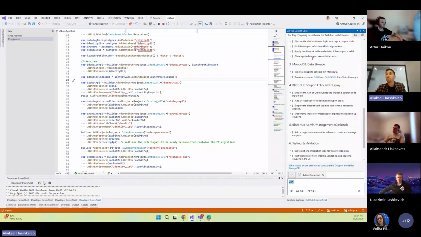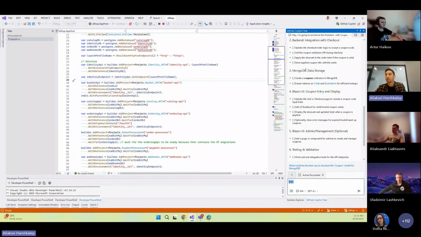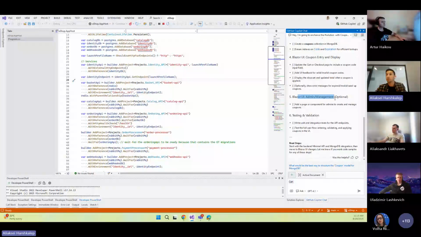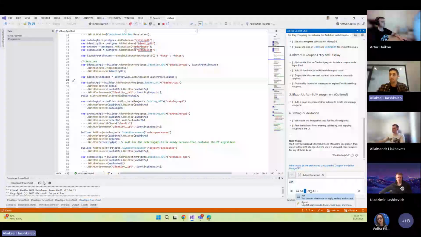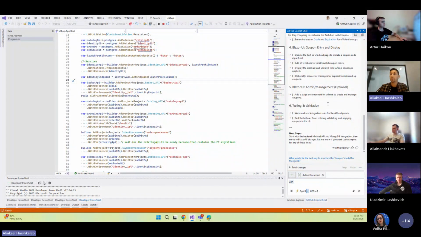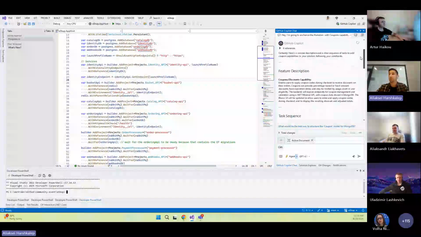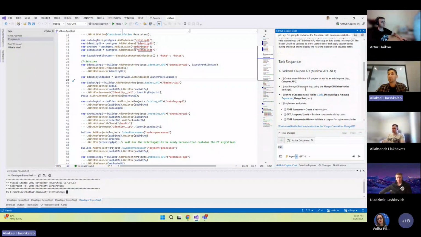Then, well, the sequence doesn't look very efficient here. And Blazor UI coupon entry and display, update cart to checkout page. Okay, admin. We do not have an admin application here. Testing and validation, so write unit and integration tests. Okay, so it's more or less okay. I think we can just start working with the solution. I'm going to stop the solution, and let's start from the first exercise. And let's ask the agent to create